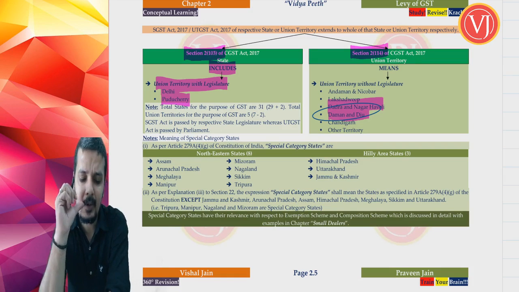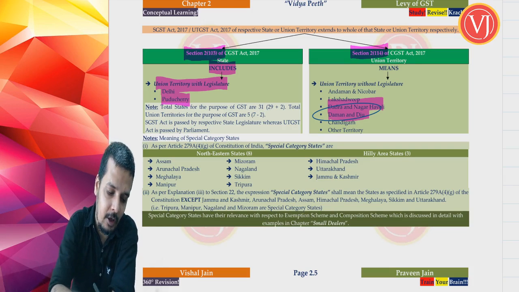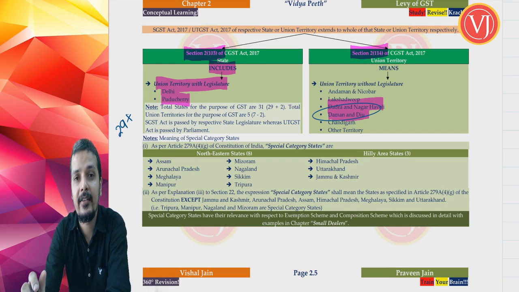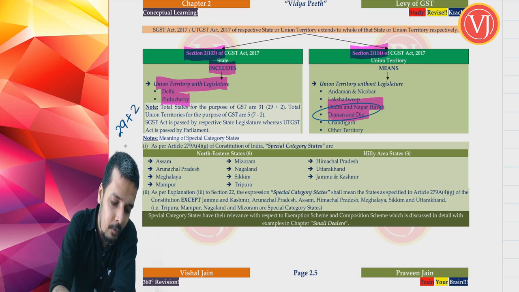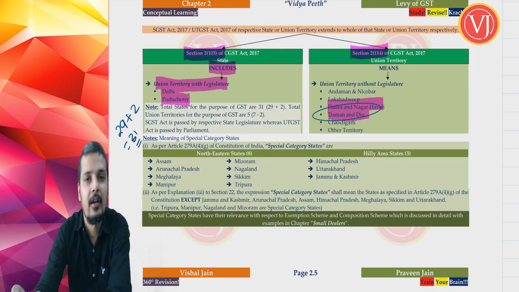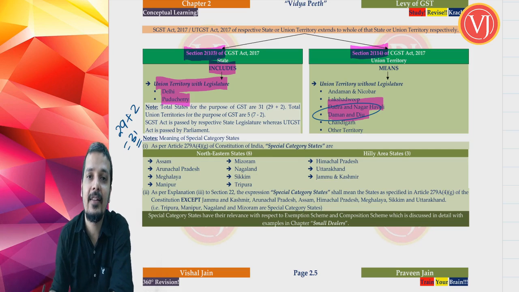Now, let us talk about states. Right. So when you talk about states, how many states are there? You are talking about 29 states. Friends, I am counting even Jammu and Kashmir as a state, as a caution. Right. Plus 2. Why plus 2? Because there are 2 union territories, Delhi and Puducherry, which are having their own assembly. Right. Which are having their own legislature. Which means that union territory state legislature is equal to Delhi and Puducherry.